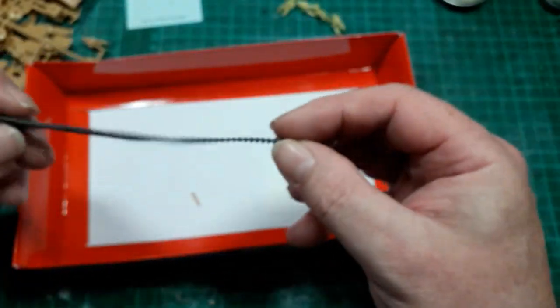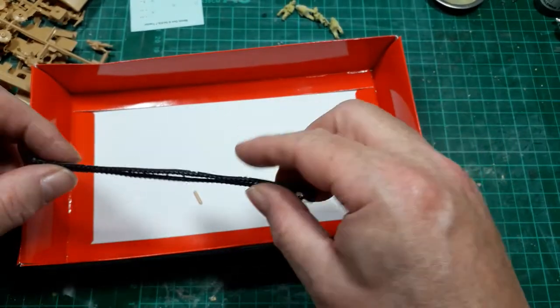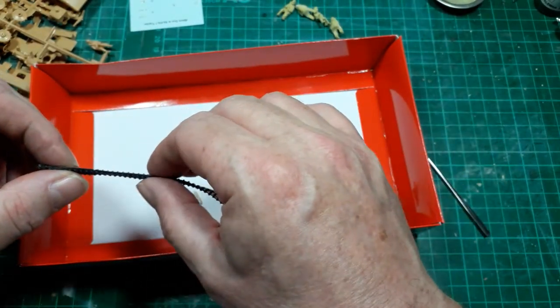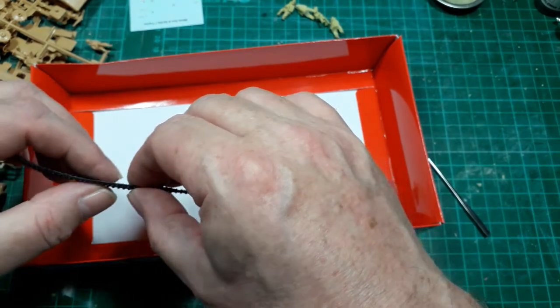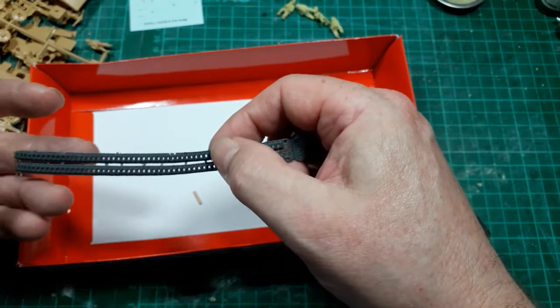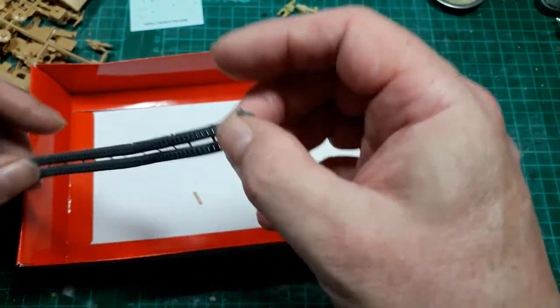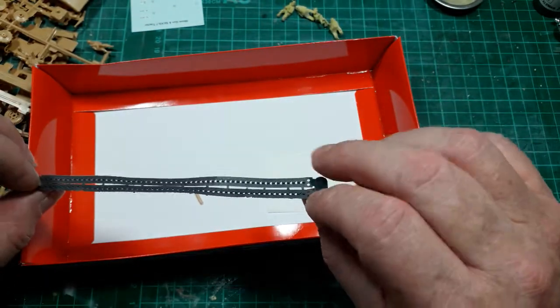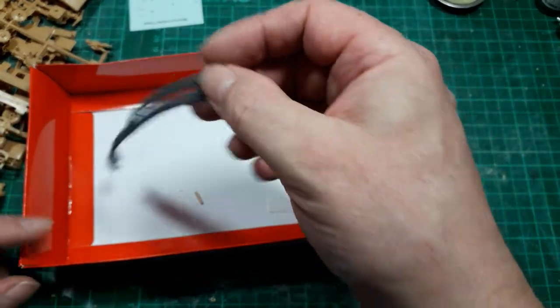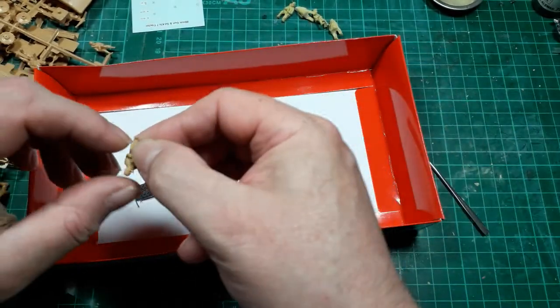Yeah, the tracks, they are a bit thin. They are very thin, and they've got a couple of little bits of damage in them here and there, which I'm going to leave in. I'm not going to try and get parts for this. Well, I know for a fact that I can't get parts for this because I tried to get some more